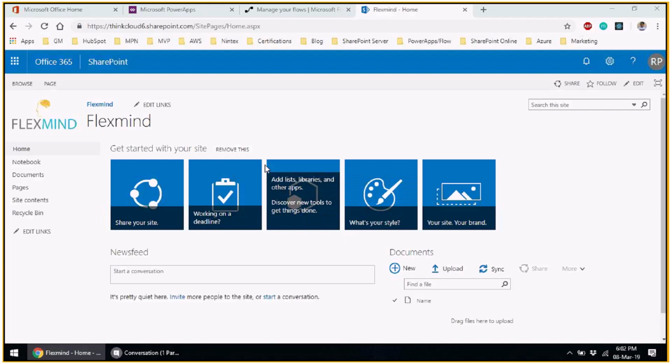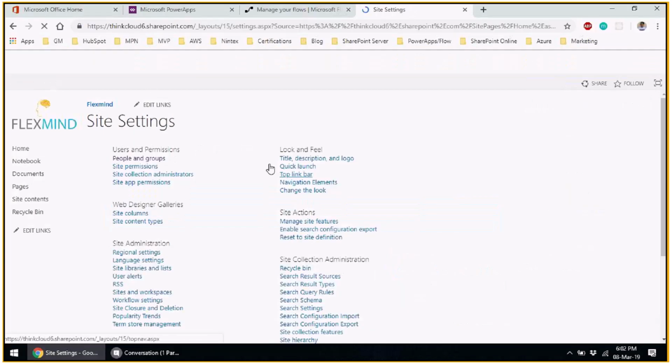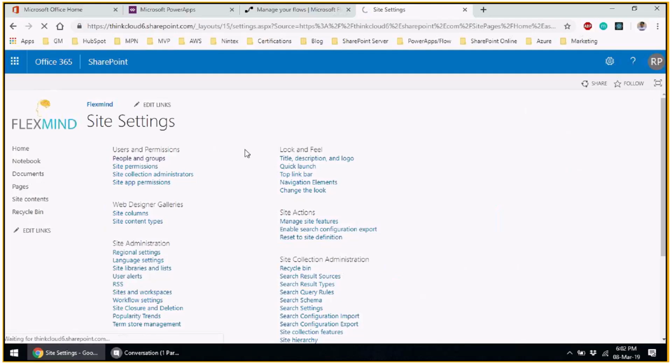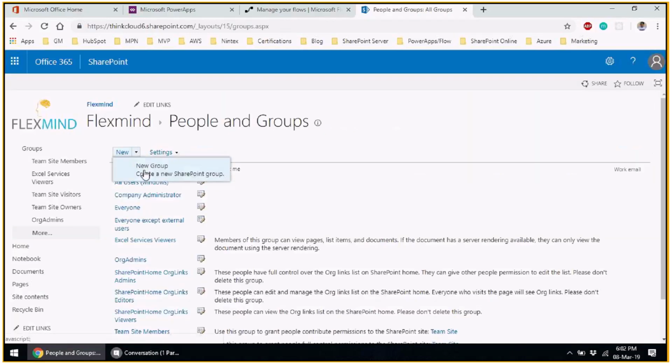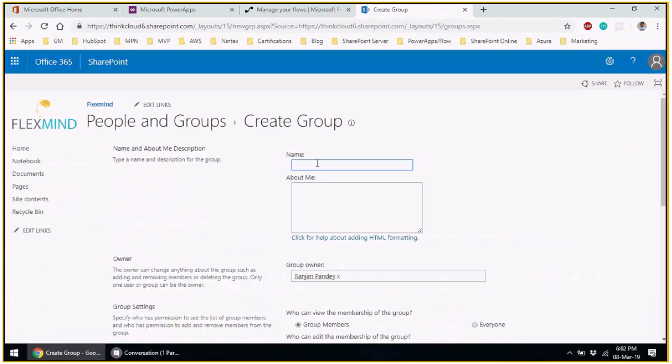So this is my SharePoint site, thinkcloud6.sharepoint.com, and here first thing I'll create a SharePoint group. Okay, so I'll go to site settings, and here in site settings I'll go to people and groups, and in people and groups I'll click on more and create a new group. So this group I'll call it as Think Cloud Admins. Okay, so Think Cloud is my site name. I'll give this group name as Think Cloud Admins,